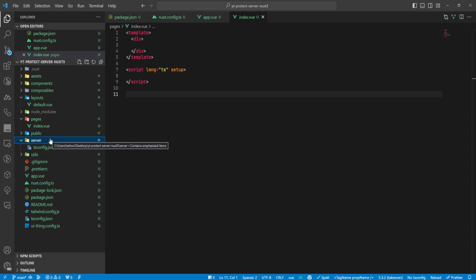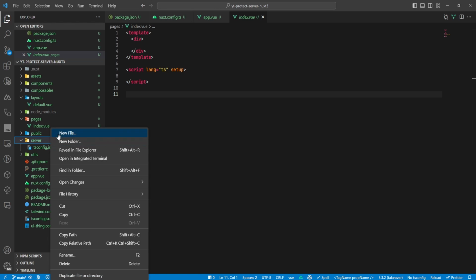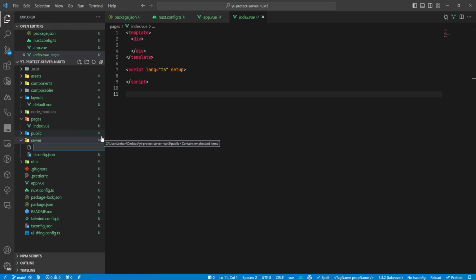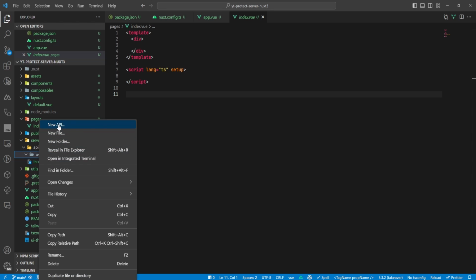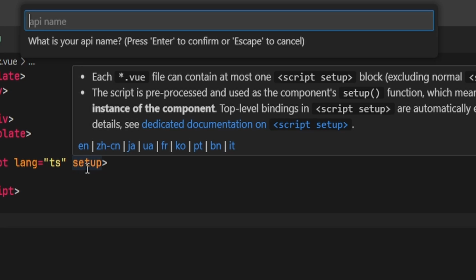So the server folder. Right now, there's nothing in the server folder, right? Let's create 2 endpoints. All right, let's work on 2 endpoints. So I'm going to right click, create a new file, and we're going to create the API folder. And within that, I'm going to say I want a users endpoint, and I'm going to add a get route to this users endpoint. So let me just create that right there. And if I right click again, I should get the option to create a new API here. And this new API will be called